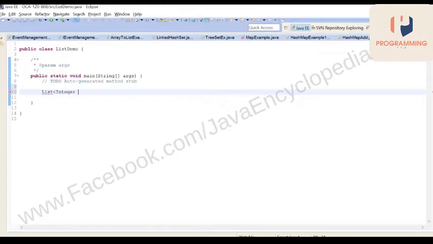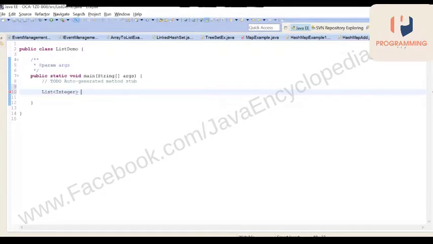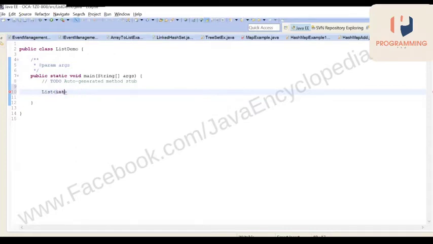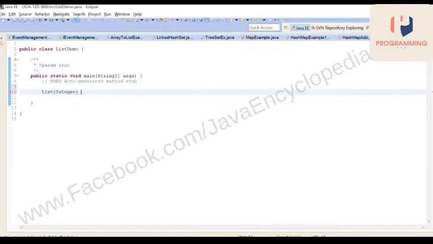As I told you earlier, the collection doesn't support primitive data types. It supports only objects. You can't give a list of int. If you give the value, it will convert it into a wrapper class.